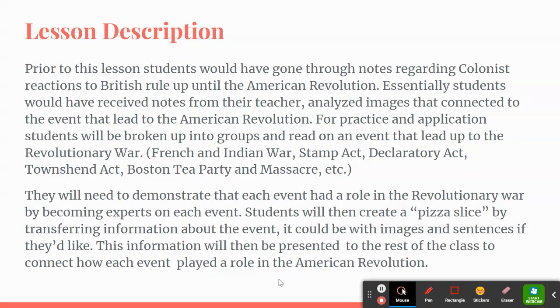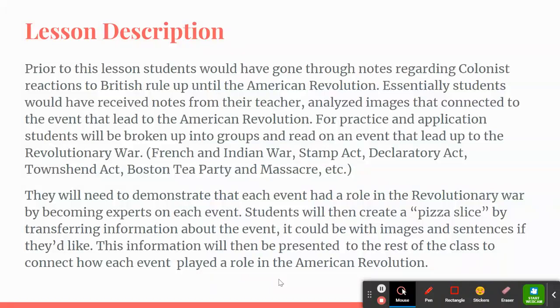So for my lesson description, prior to this lesson, students would have gone through notes regarding colonist reactions to British rule up until the American Revolution. I like to call these the road to revolution. Students would have received notes from their teacher and analyzed images that connected to the events that led to the American Revolution, because it's multiple events. For example, looking at the Boston Tea Party or Boston Massacre, like what's happening, what do you see? Those are good ways to get students to practice talking as well,